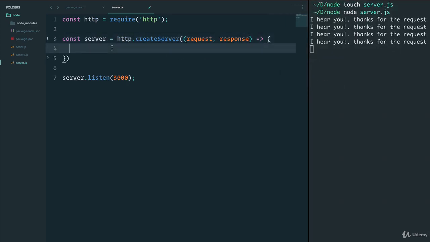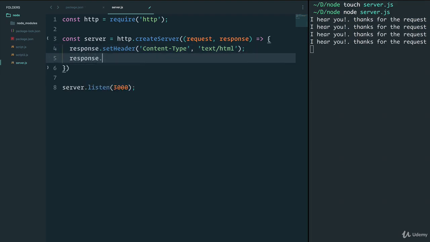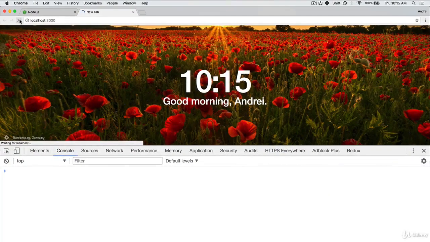And within here, we can do something like response dot set header content type. We're letting you know what kind of content we are going to send, and it's going to be text HTML. And this is just a standard way of declaring content type. And we'll say response end with an h1 tag that says hello. If I save this and rerun,